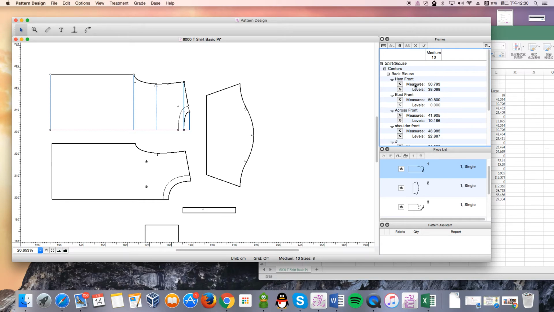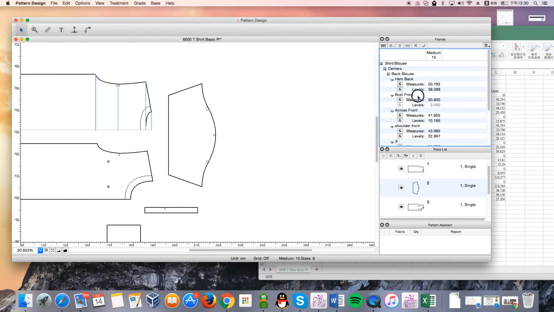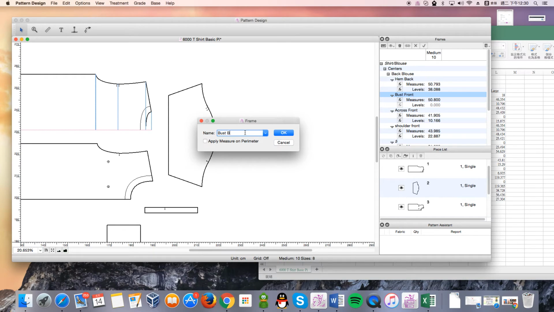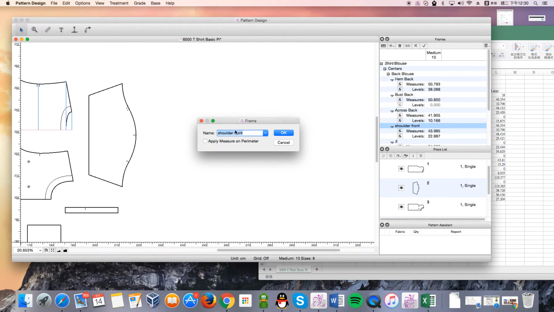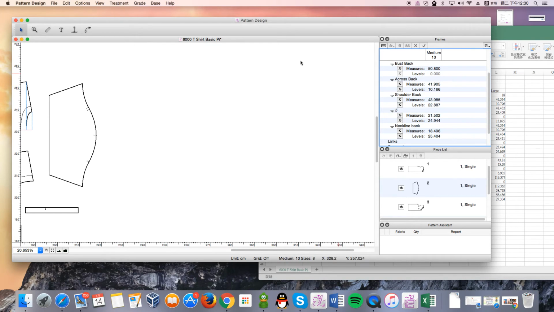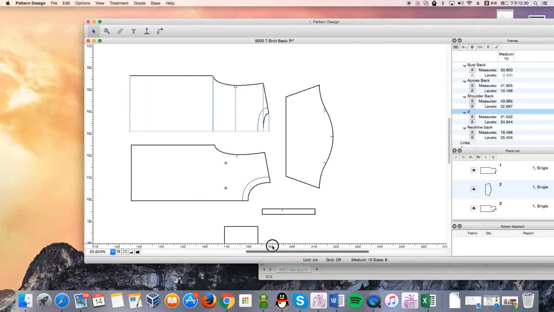I'm sorry, I think I just made a mistake. Everything should be back. It's the back piece. Oops. And so now this is how you basically make